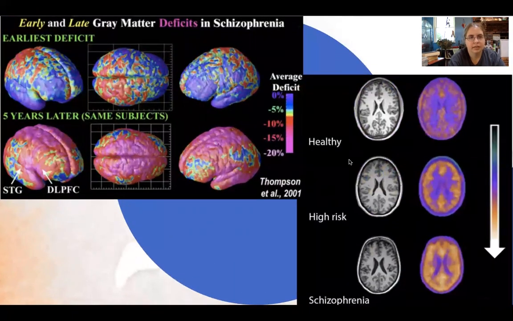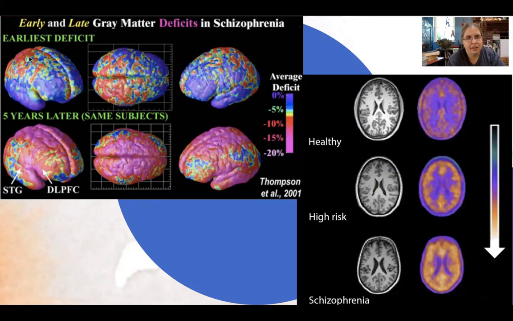Seeing more brain scans. So healthy, high risk, and someone with schizophrenia. Now you can definitely see that there are changes, not just in ways that it's lighting up. Lighting up is when there's activity, but also just in terms of the shape of parts of the gray matter are changing. And that's kind of showing you here as well.